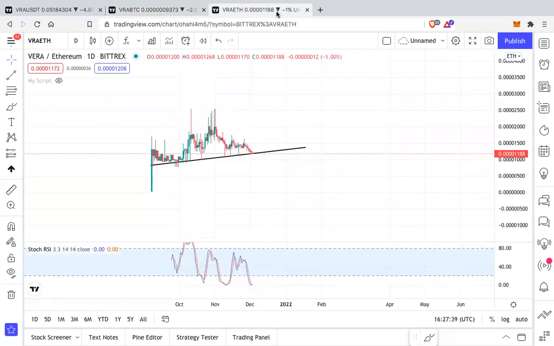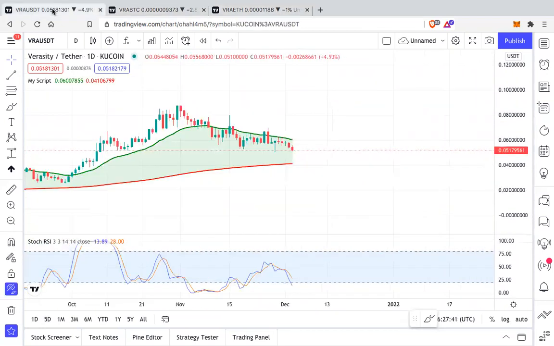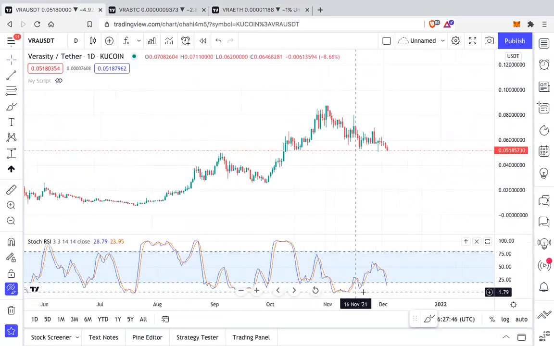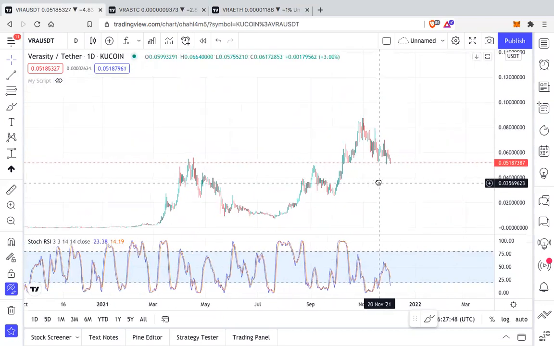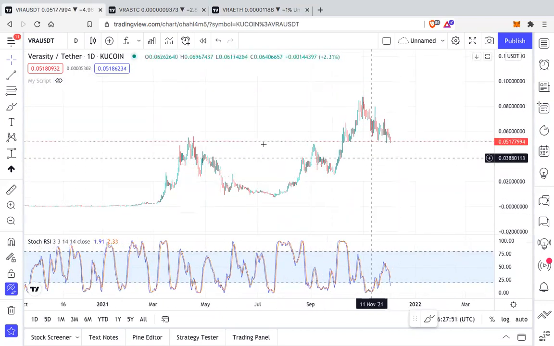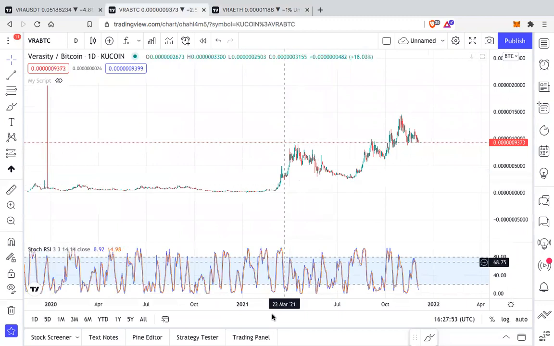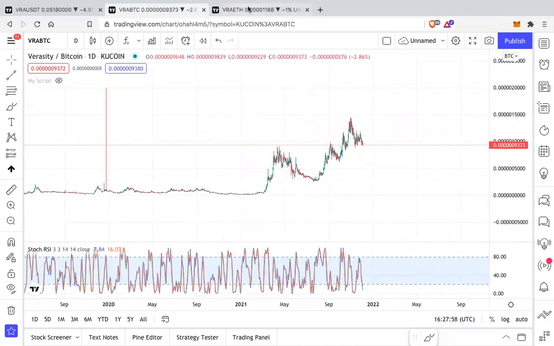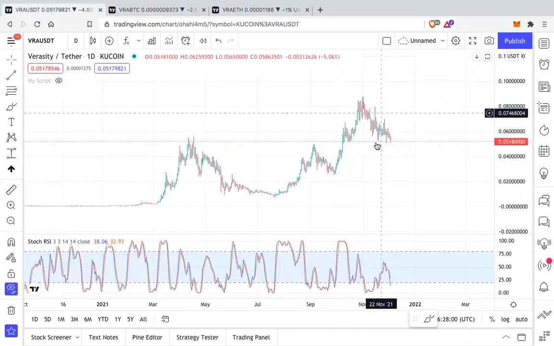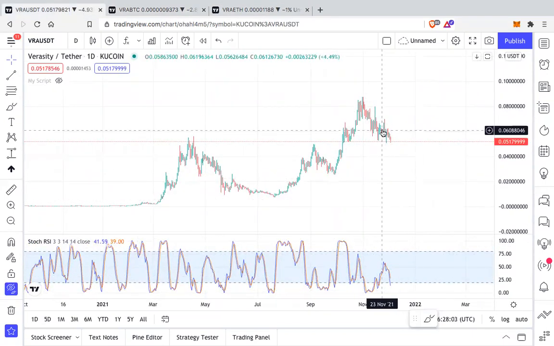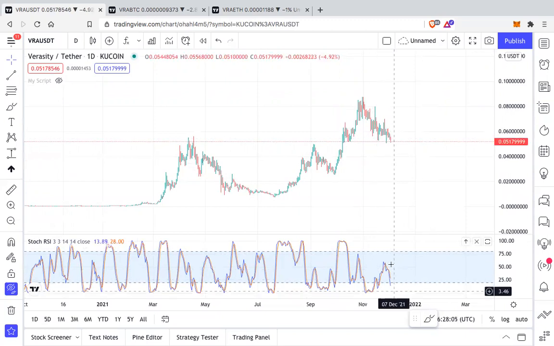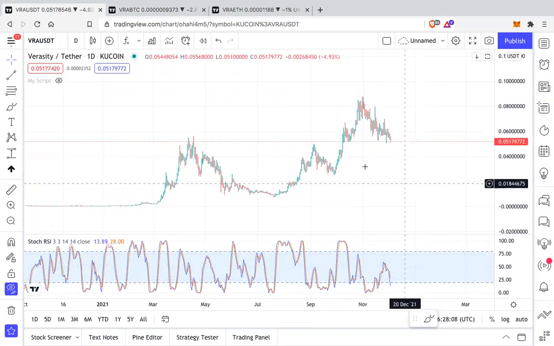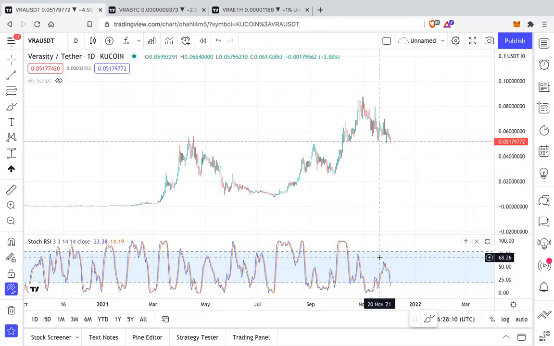Since the trend overall is bullish, it would not be logical, it would not be intelligent to assume that we have broken trends or we are going bearish. Unless and until I see it on the chart, I do not like to comment there. I don't use my emotions when it comes to trading. And when it comes to investing, I think this is one of the best times to buy, because you can see the price has dipped very much. The RSI is down. And as a project, I think VRA has an amazing bright future in my opinion.